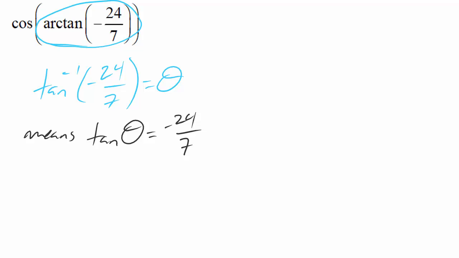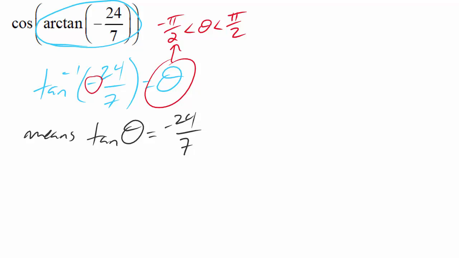But don't forget that tangent inverse has a restriction on the range, and that is that our angle theta has to be between negative pi over 2 and pi over 2. It doesn't get to include either the negative pi over 2 or the pi over 2, but anything else is fair game. So that means we're going to be looking at a triangle that's either in quadrant 1 or quadrant 4. Now because of the negative sign here for our inverse tangent, that tells us we're going to be in quadrant 4. So we'll go ahead and draw our right triangle in quadrant 4,